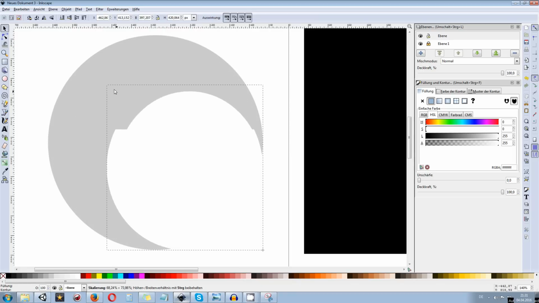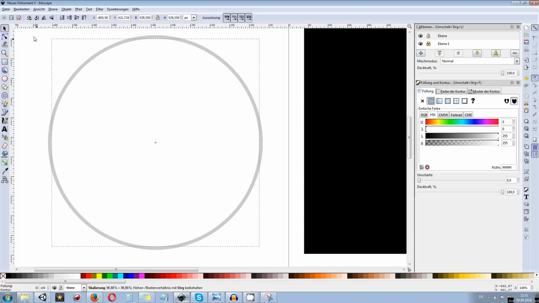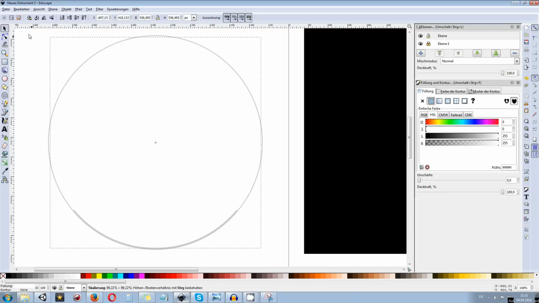But as you can see, it is not what I want. I want to scale from the center, so I hold down Shift, and I also hold down the Control key again to keep the right dimensions, so all radiuses will be the same in that circle.